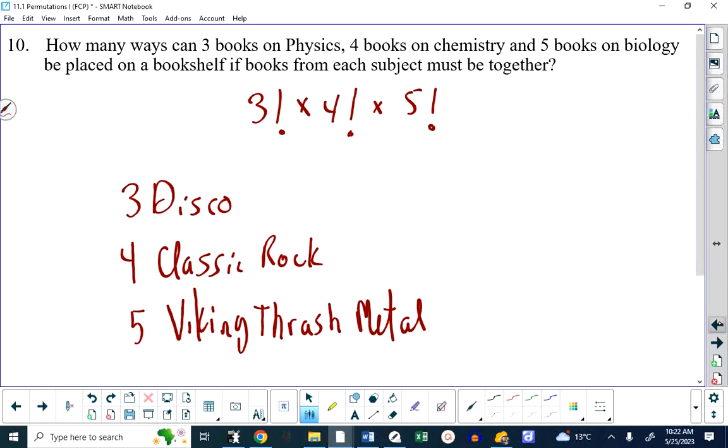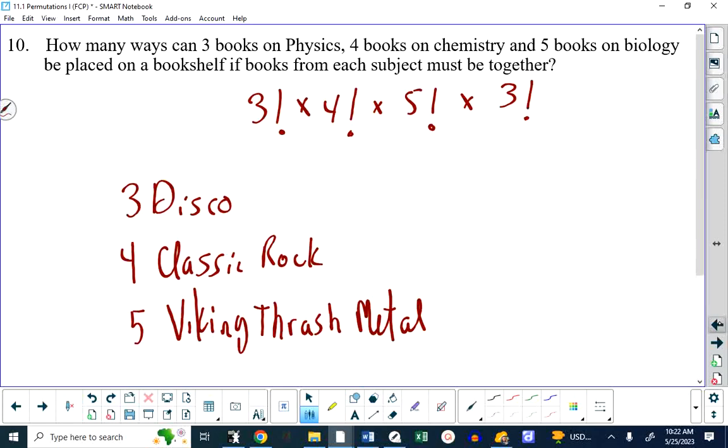Which order the categories are in? We have to arrange the categories themselves. We have to arrange the books within each category, and we need to arrange whether it's physics, then chem, then bio, physics, then bio, then chem, on and on and on. And that's the answer. And I'm again illustrating to you that this question can be about books or about songs